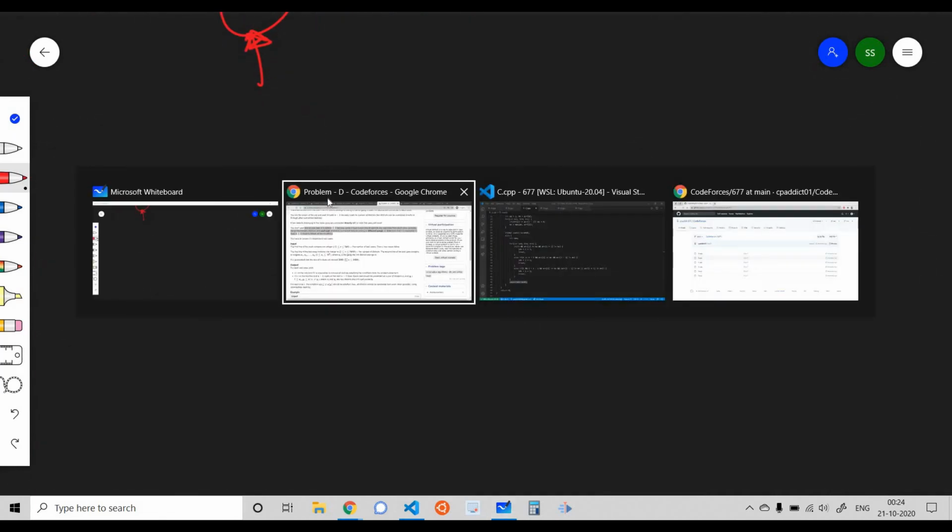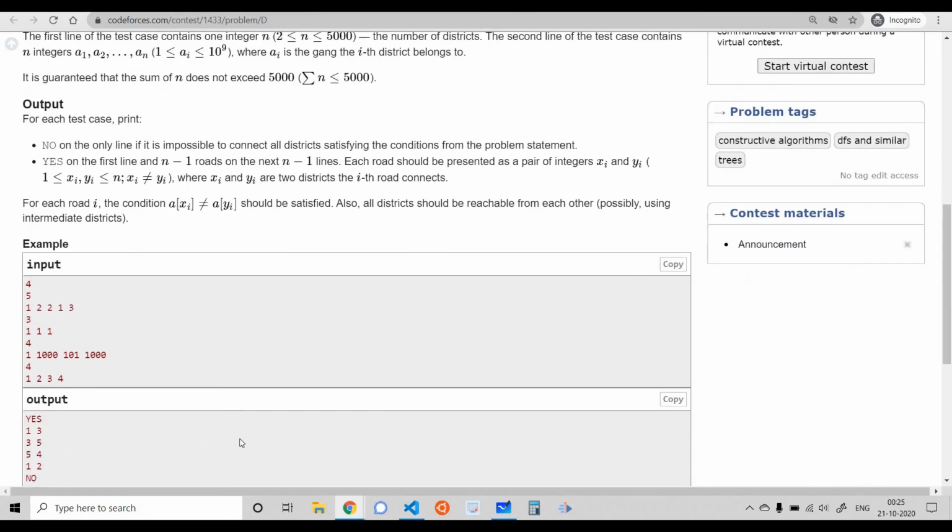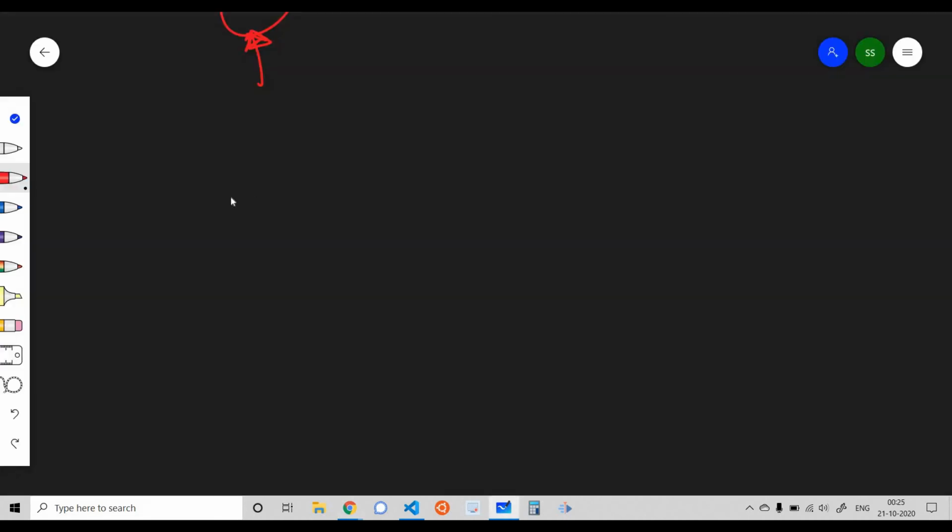How I solved it was, as I've been given the values of my a_i, that is the gangs belonging to a particular district, I first sorted them according to their value. Let's say I'm talking about the first example, 1 2 2 1 3.